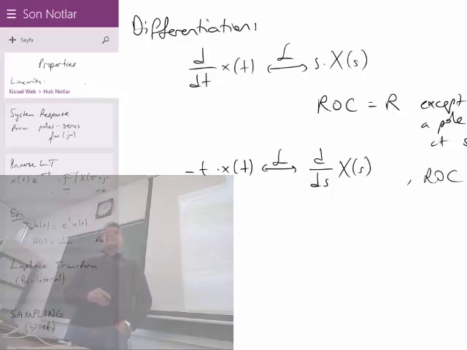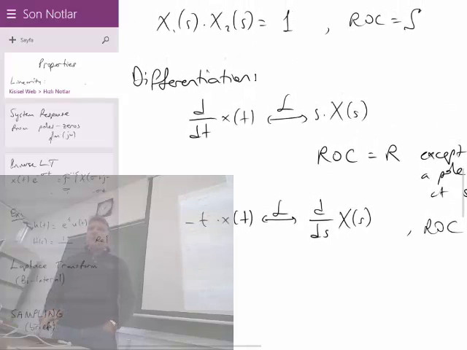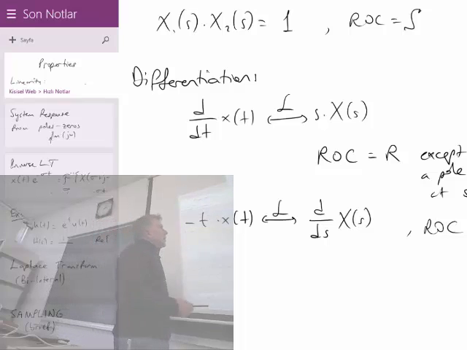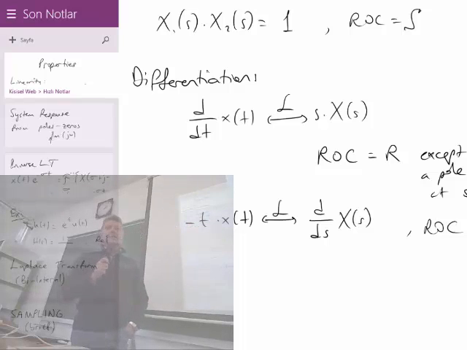Okay, as you may remember, we started seeing the properties of the Laplace transform, and the last property that we saw was the differentiation property. The time domain differentiation was something familiar to us. We may remember that from differential equations already. A time derivative of the signal will have a Laplace transform corresponding to s times the Laplace transform, X of s. And the region of convergence normally doesn't change